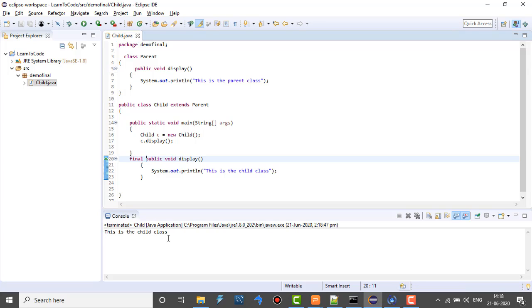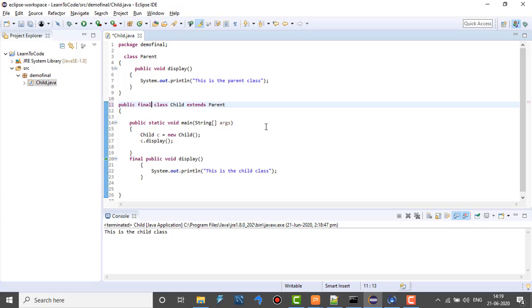So this is the child class. It means that if we are using the final keyword with the child class, it doesn't matter, it will act as a normal method of the child class and it will go on and override the method of the parent class.